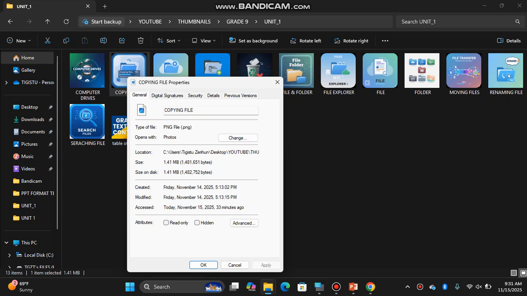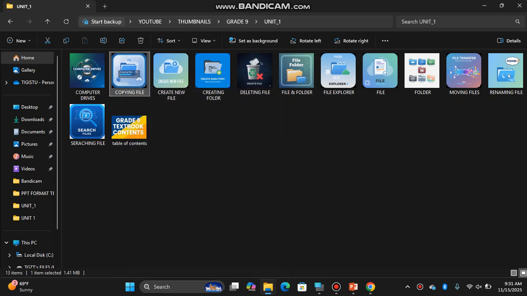Therefore, the extension name is .png. The file name is copying file. The type of file is PNG file, portable network graphics, picture. You can see the extension name for any file like this.